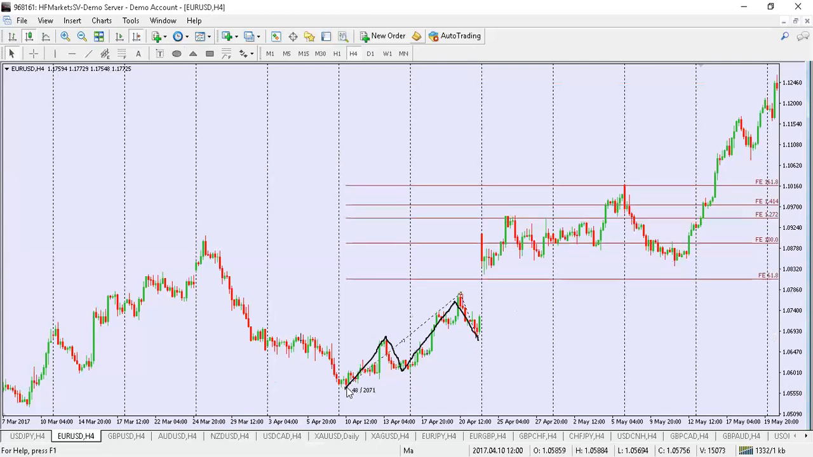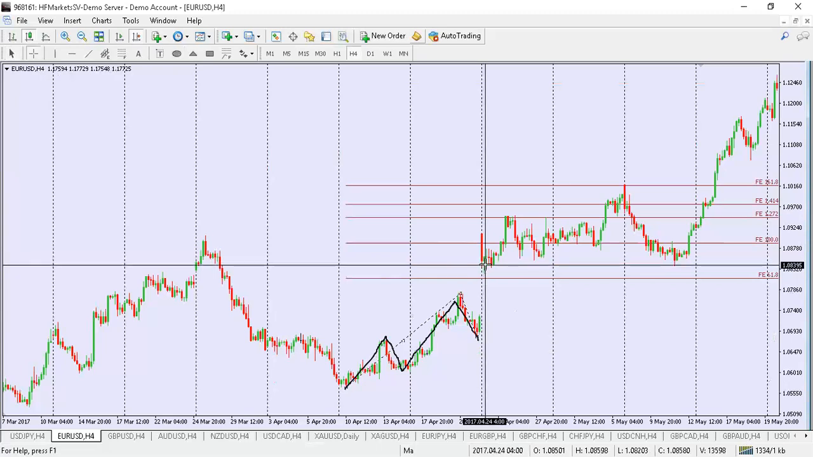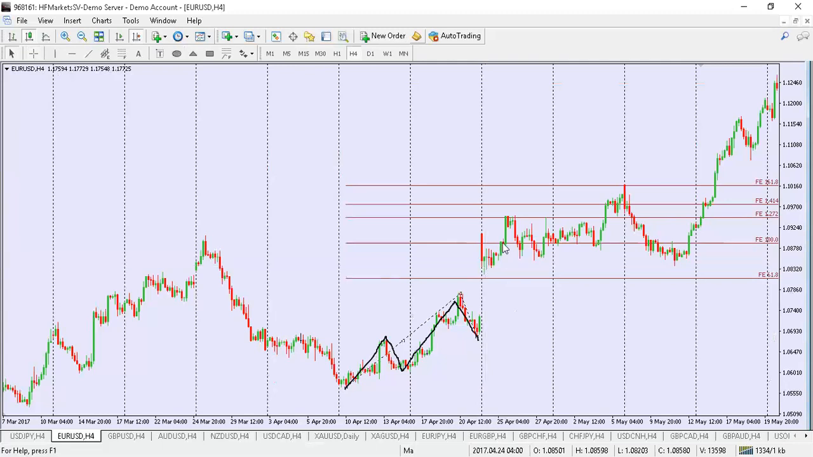Okay. So once I did this, that was my entry. In case I missed this entry here, I could have still bought from here, far back. All right. Then my take profit here, here, here, here. Obviously these were my possible take profits. 1, 2, 3, 4. So as the market went,